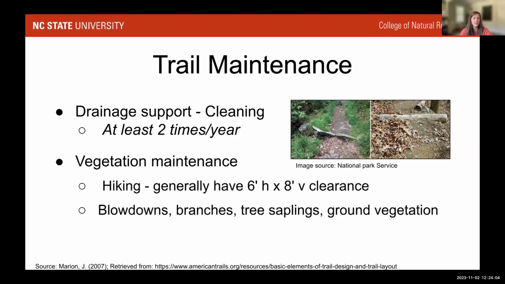For vegetation, like we talked about earlier, for hiking, generally you have that trail corridor that's 6 feet horizontally and 8 feet vertically that's cleared. And so keeping vegetation out of that trail corridor is important. So we want to focus on blown down trees, obviously. If you have any of those, get that chainsaw out and make sure you get it off the property or off the path. And tree branches